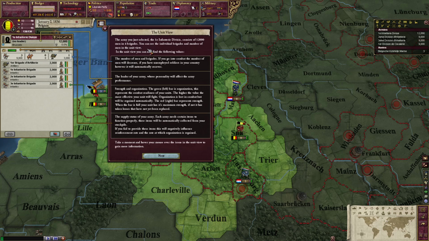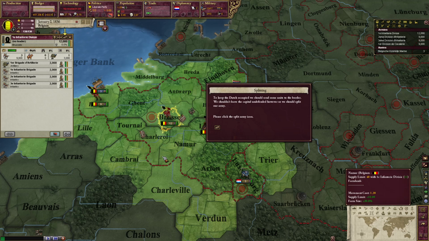The army you just selected, the 1st Infantry Division, consists of 12,000 men in 4 brigades. You can see the individual brigades and number of men in the unit. And this shows you all the different things. I'm not going to worry about that right now. To keep the Dutch occupied,